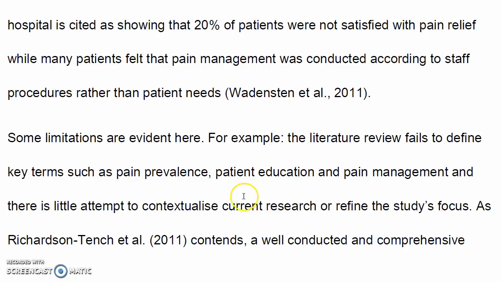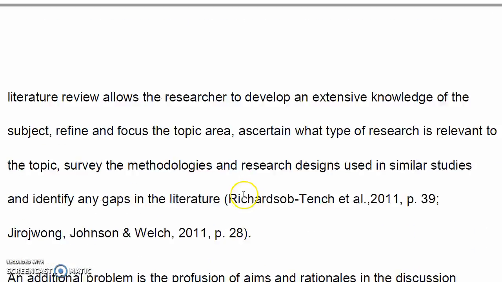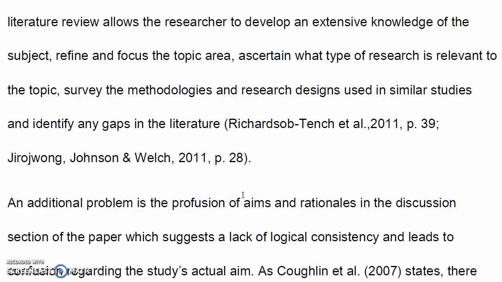As Richardson Tenchard contends, a well-conducted and comprehensive literature review allows the researcher to develop an extensive knowledge of the subject. So do you see what he's doing? He's gone through using, and you'll find those links in the website in module 3 about how to do the critique, and he's then actually done the critique, and then he's actually doing some critical analysis back on about what they didn't do. So he's saying here's what they did, but here's what they didn't do, and these other researchers